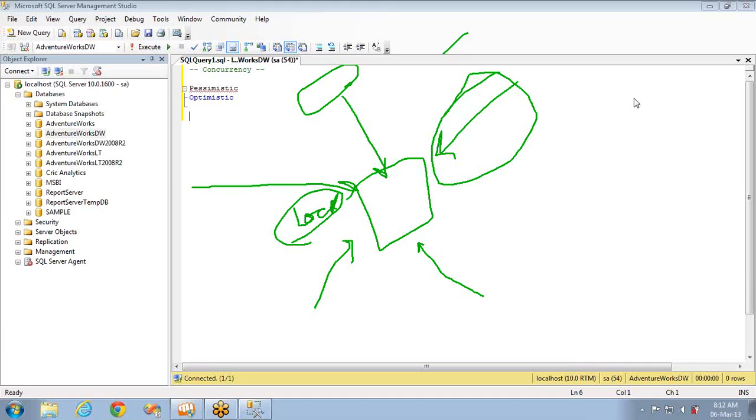So if you see the differences between these two, for example, the first one, pessimistic, it will not make the data available to the end users, the second user. That's the problem with the pessimistic. But the optimistic, it will make the data available for the second one, third one, or the fourth one. But the problem with the optimistic is chances of deadlocks are very high, whereas the advantage of pessimistic is it won't lead to deadlocks. So this is the basic knowledge about pessimistic and optimistic concurrency models, and we need this